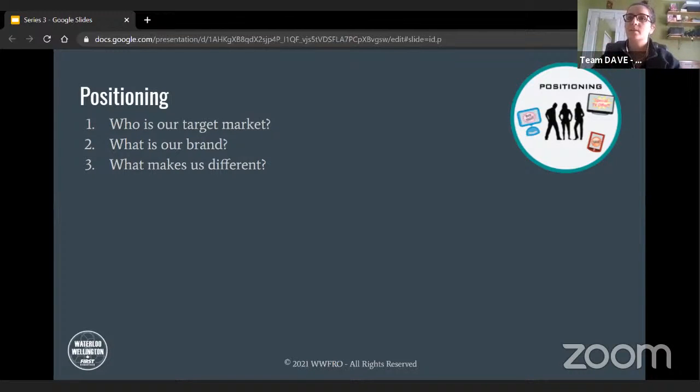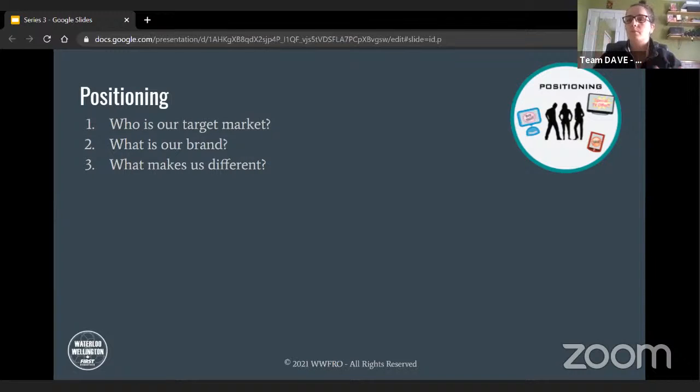There are 3 types of positioning that are key to positioning the brand to a competitive advantage. These are functional positioning, which is focused on the aspects of the product or services that can fulfill the customer's needs and desires. There is symbolic positioning, which is based on the characteristics of the brand that fulfill the customer's self-esteem. And then there's experiential positioning, which is based on the characteristics of the brand that stimulate the sensory or emotional connection with the customers. Experiential positioning would work a lot better for the everyday user who is going to keep going back to the brand that they know they've used as a kid. They're going to keep going back to that brand.